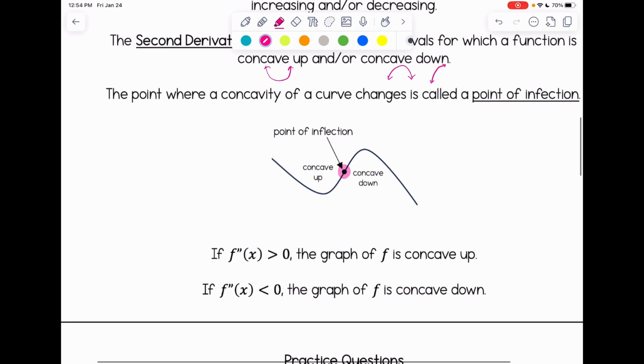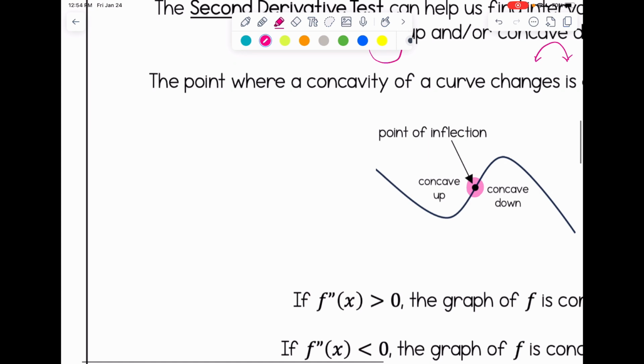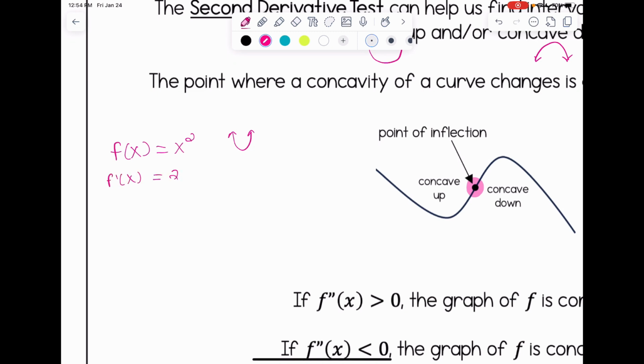Let's talk about some quick examples where we can make sense of that. If we think about the graph of f of x equals x squared, we should know that this is an upward facing parabola and therefore it is always concave up. If I find the second derivative, so there's our first derivative, here's our second, we get 2. Since it's positive, and there's not even a variable there, so it cannot change, it's always positive,